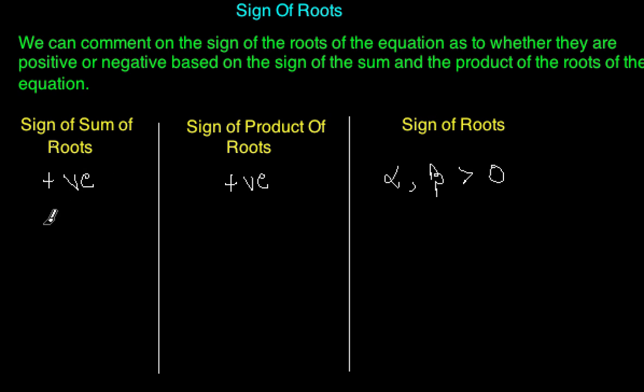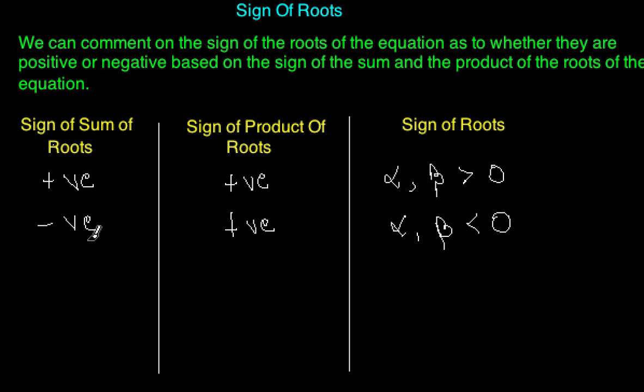Now similarly, if the sign of the sum of the roots is negative and the sign of the product of the roots is positive, this means that alpha, beta are less than 0, because the product would be positive only if both the roots have the same sign, and we are given that the sum is negative,